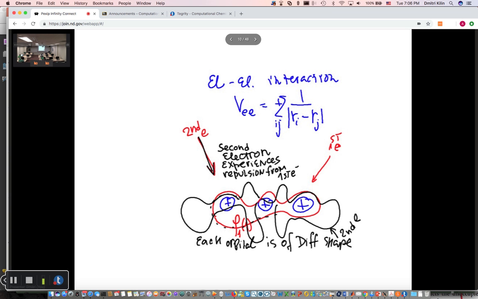So there are no electrons, only nuclei. And then you throw in one electron. Let's say the first electron has a red color. Then this first electron, if the nuclei stay close enough to each other,